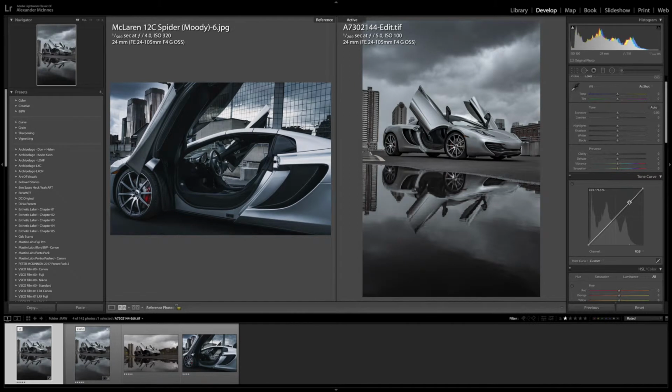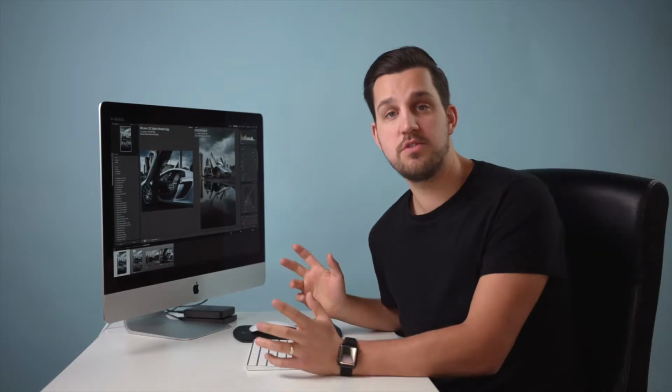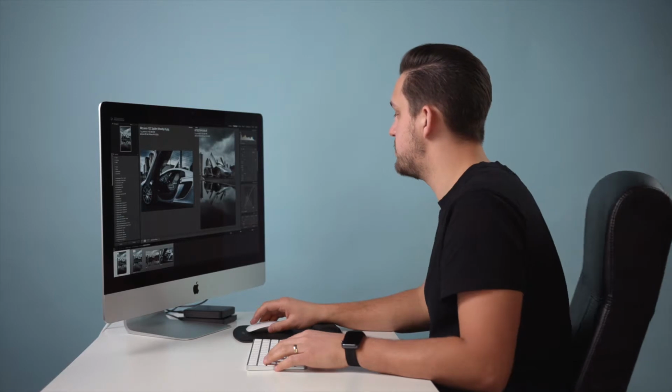Put points here, here, and here, and I'm going to drag this top one up a touch, and you can see that it's adjusting everything above the midtones. We've clicked a point here to protect the midtones, and what you can do is drag that up or down based on what you want. A lot of people will just drag that up a little bit just to maintain those midtones not going anywhere, since you've already got the photo exposed more or less how you want. And again, they'll drag this third curve down, adding a bit of contrast there. So that's a great way to add an S-curve, but what I'm going to use it for is creating my